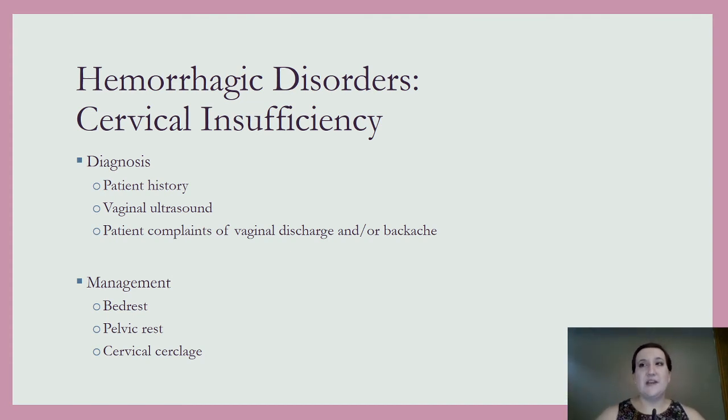We can do a vaginal ultrasound earlier on in the pregnancy, and we're able to determine that cervical length, and that might also cue us into a problem. And when we do the vaginal exam, if she has any vaginal bleeding, we take a peek and see what's going on, and we have dilation. Okay, now we are able to diagnose perhaps a cervical insufficiency. Backache, vaginal discharge. Basically, she's going into labor at this point.